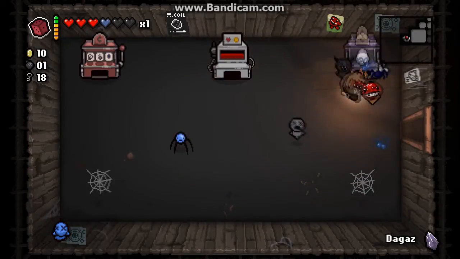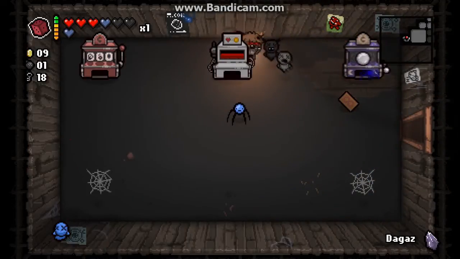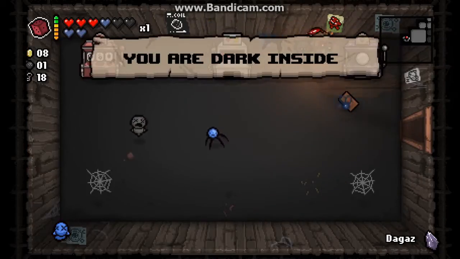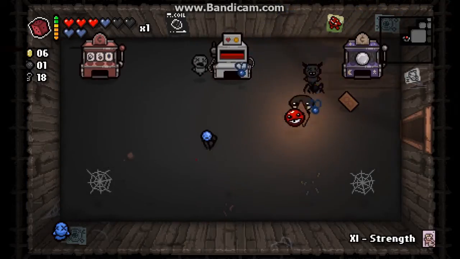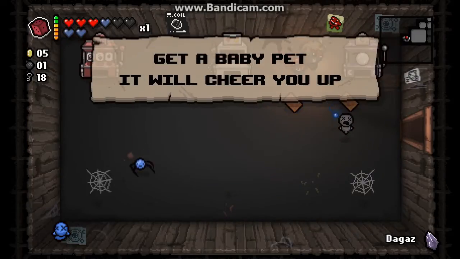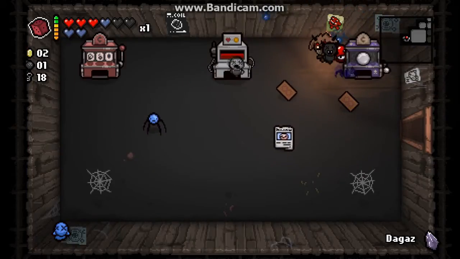I'll keep strength for the moment. Actually, I'm not going to get any devil runes from this point on, am I? Oh well. Yeah. I'll keep this, because if I get a curse, I can use this rune, and it will remove the curses. Are you seeing the exit? Another sour card. Another strength. Oh, that's nice. Yeah, in the previous room, those floating skulls, you can't destroy them. Unless you, let